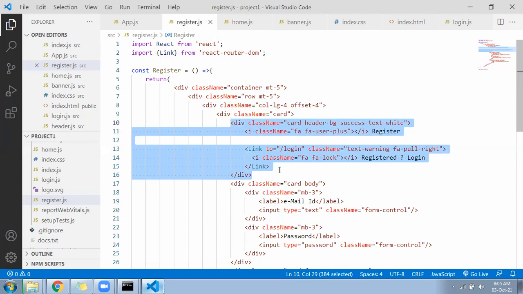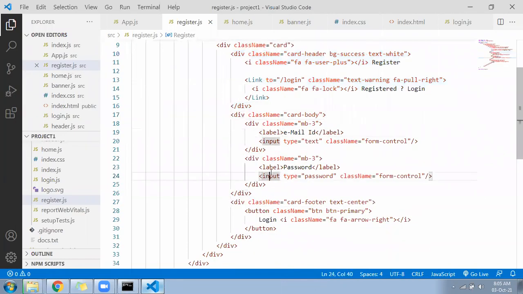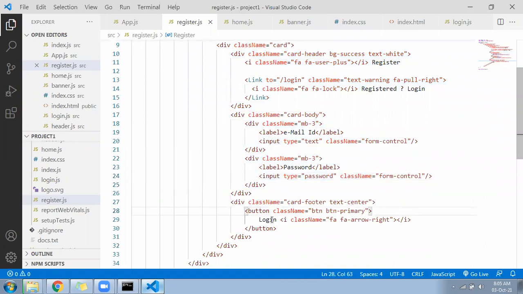Okay, registered, then login. Now come down in the modal card body, you have email and password. Email and password will be the same. Below we have a button called login button. Change it to register. And which color can you convert this into?